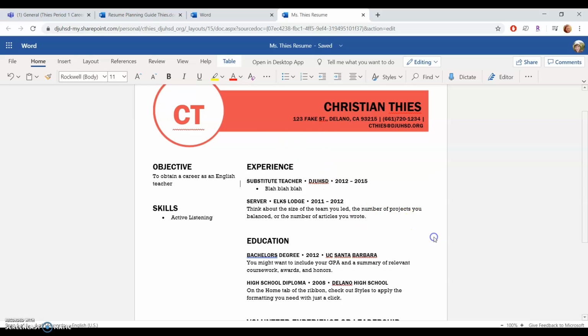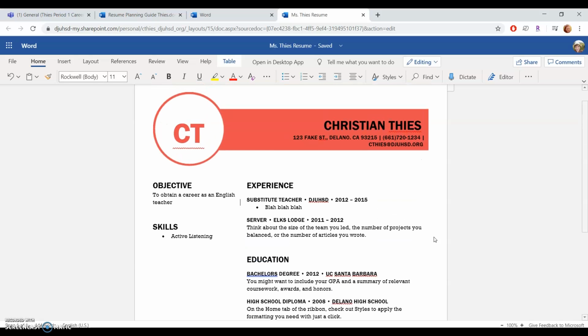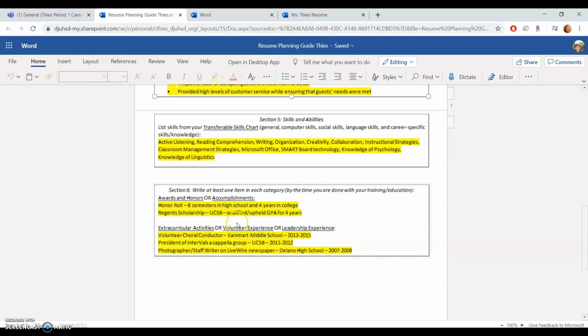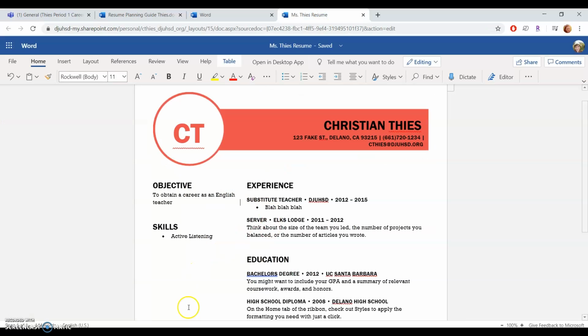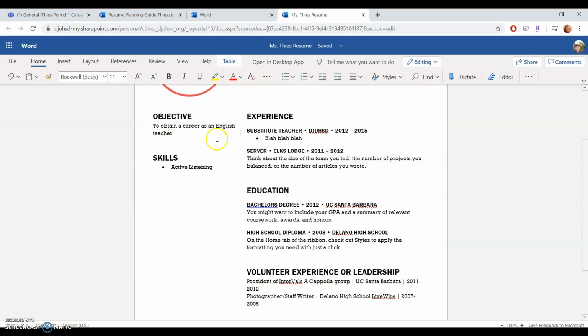They want to be able to glance at your paper and understand who you are, just basically at one glance. They don't want to spend any longer than a few seconds looking at each person. Make sure that it is clear spacing. So if you have awkward gaps like this, you might want to flesh out the objective more. You might want to list a whole bunch more skills. You might want to include more details for